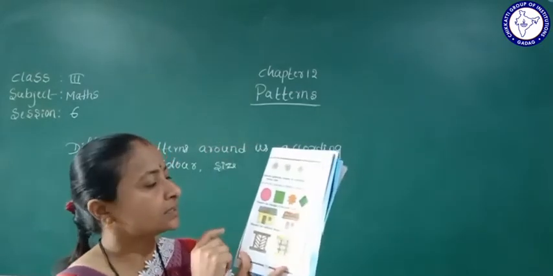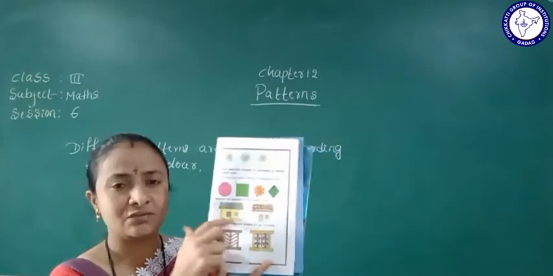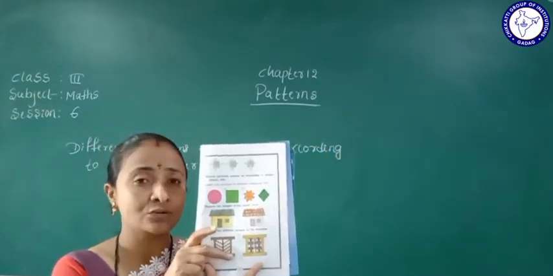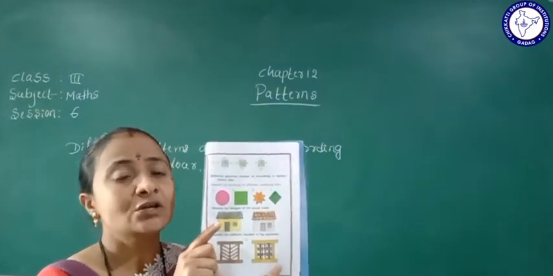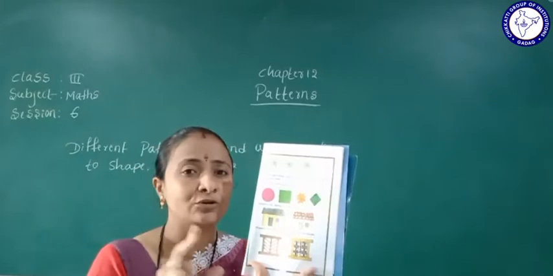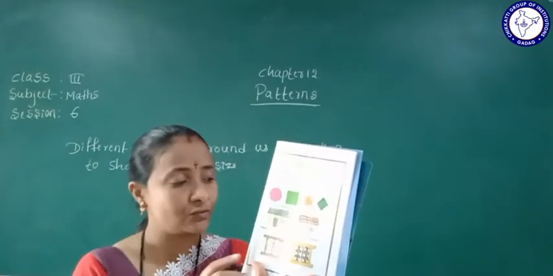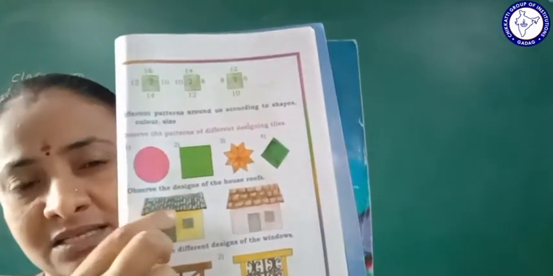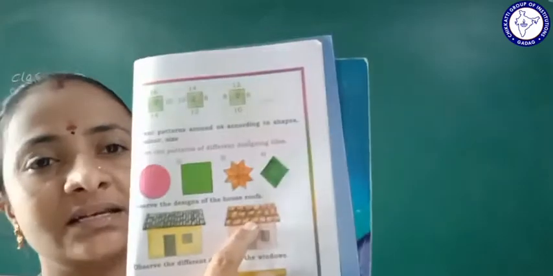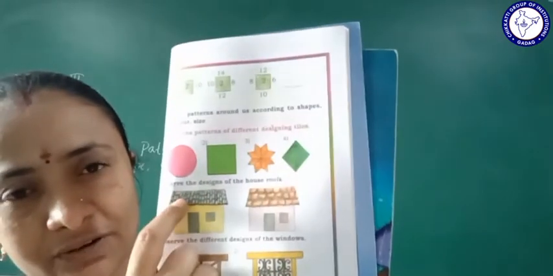Okay, next. So observe the designs of the house roofs. Yes, see here students, if your house has roofs like these, you can see that roofs depend, it means they differ, between your friend's house roofs and your house roofs. See here, these all we can call black colored roofs. Yes, these all are black colored, but here see that is a red colored roof. See here, both the roofs are different, no? Both the roofs are different here.